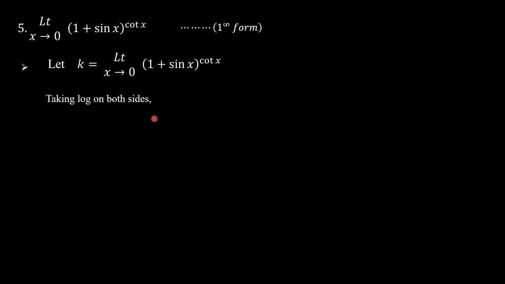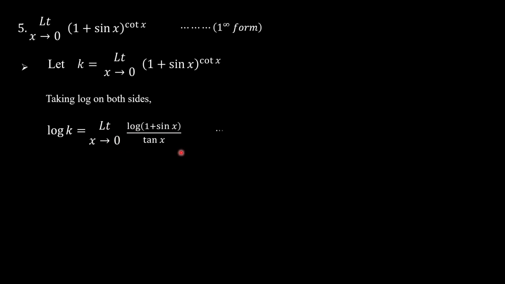Find limit of (1 plus sin x) whole power cot x as x tending to 0. After substituting the limit, you will get 1 to the power infinity form. So, take k is equal to limit x tending to 0, (1 plus sin x) whole power cot x. Now take log on both the sides. That is, log k is equal to limit x tending to 0 cot x into log of 1 plus sin x, or limit x tending to 0 log of (1 plus sin x) divided by tan x,